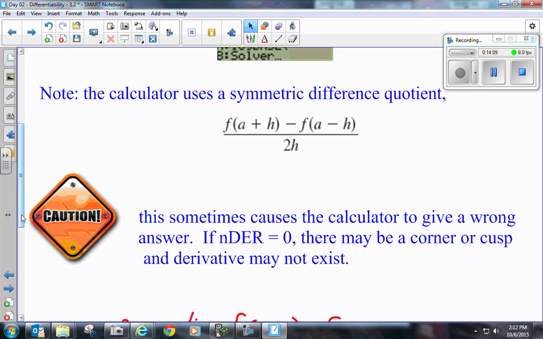It doesn't work on corners, a V, or a cusp, where it's that kind of point; those are instances where there is no derivative. It might just say 0 instead of error, because it uses the symmetric difference quotient, not just the regular difference quotient. So what if they have